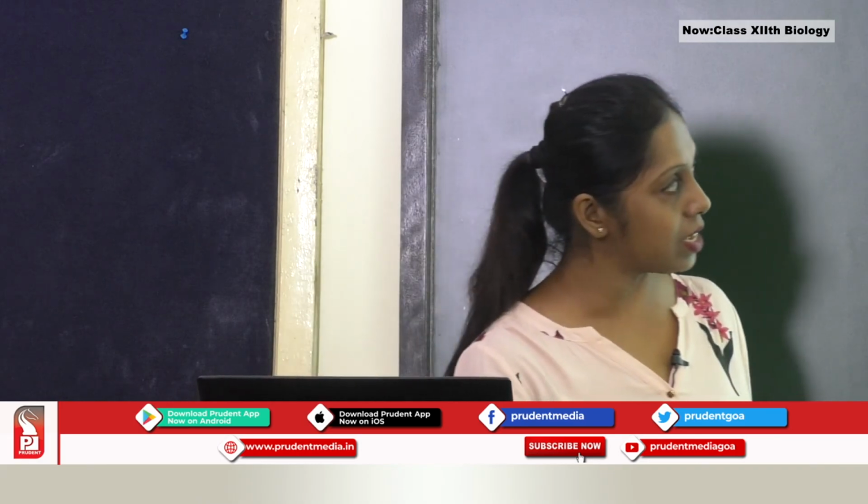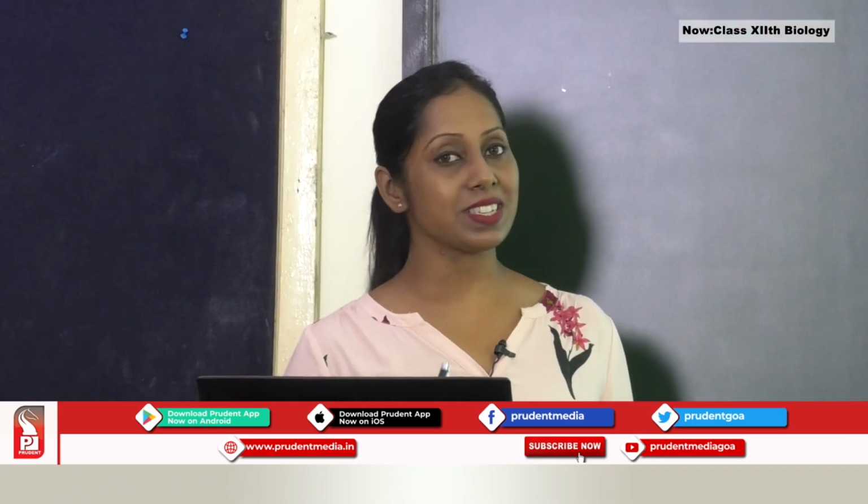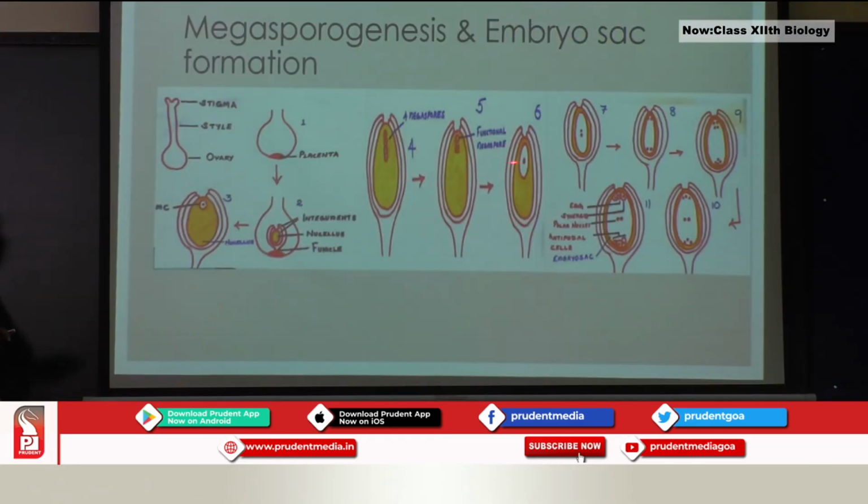The megaspore has to transform itself into the female gametophyte, also known as the embryo sac. So this particular megaspore undergoes mitotic divisions. But what type of mitotic divisions? Karyokinesis only, which means only the nucleus starts dividing and not the cytoplasm at first. So you notice here, 1 nucleus becomes 2 nuclei inside the megaspore. 2 will become 4. And what will happen to the 4? 2 nuclei will move to one end of the